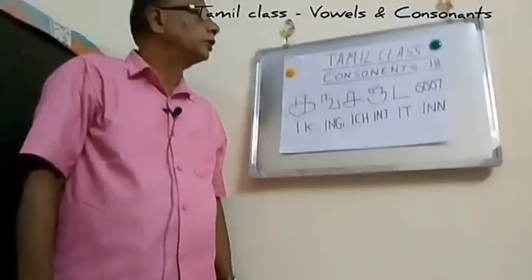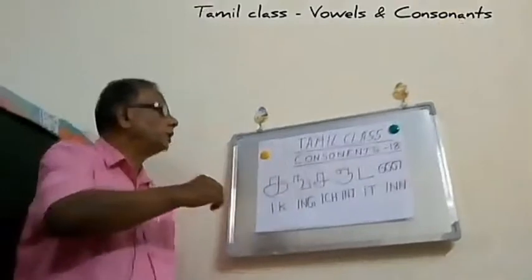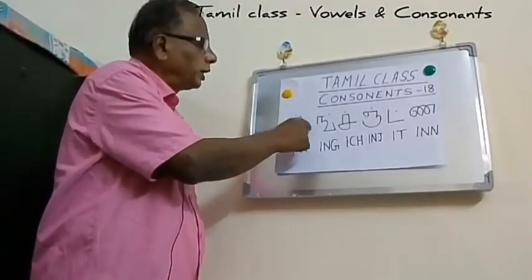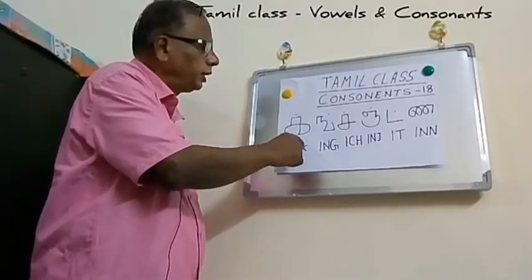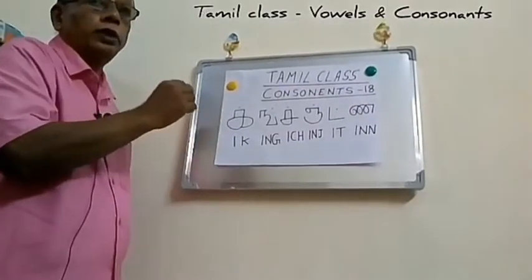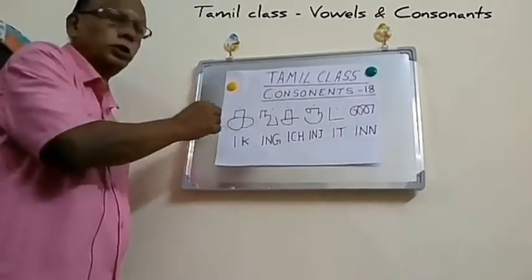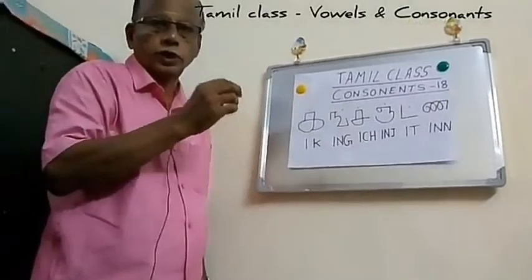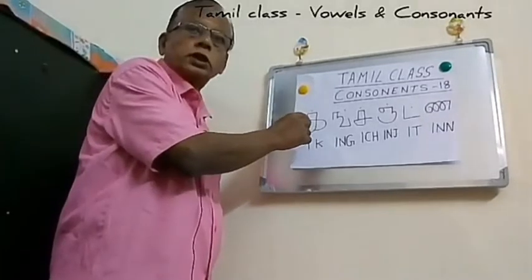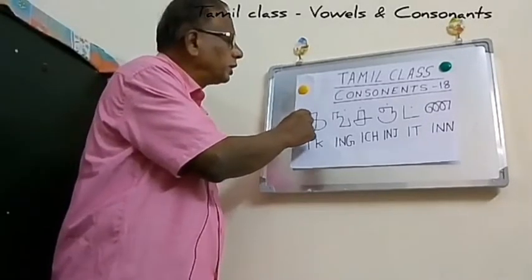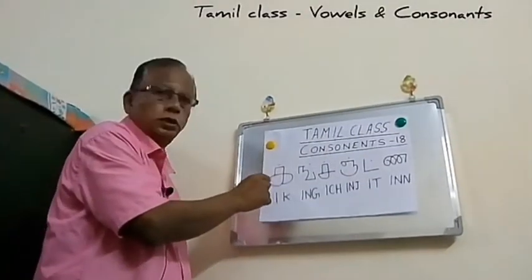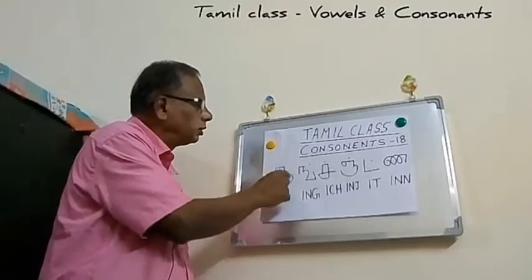So I am starting with all the consonants. Just please listen. This is ik, it is like this. I write it in English as ik. The pronunciation is ik. And with every consonant, you should not forget to put a dot. All our consonants, which are called vyanjan in Hindi, are written with dots. So the first letter is ik with a dot. See, I am showing you once again. This is ik with a dot.